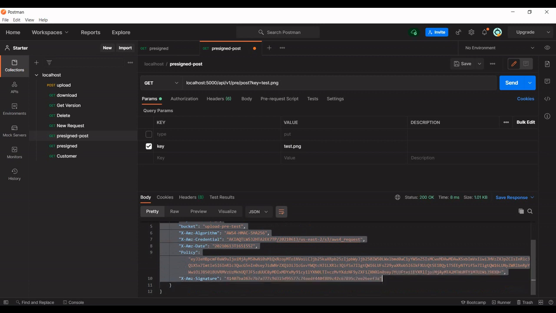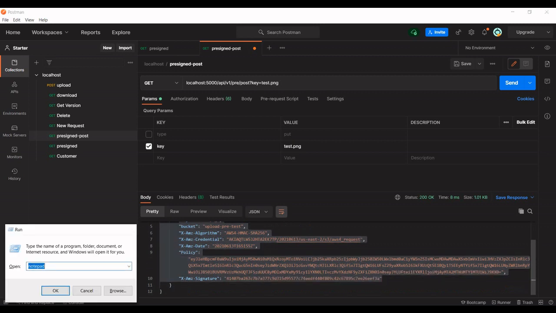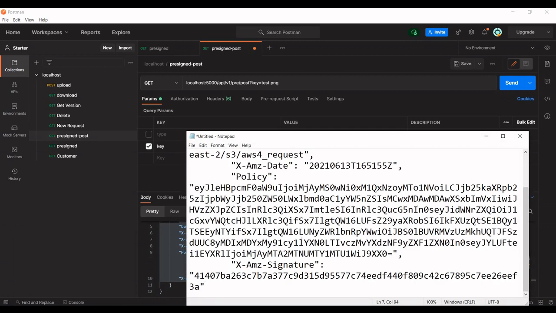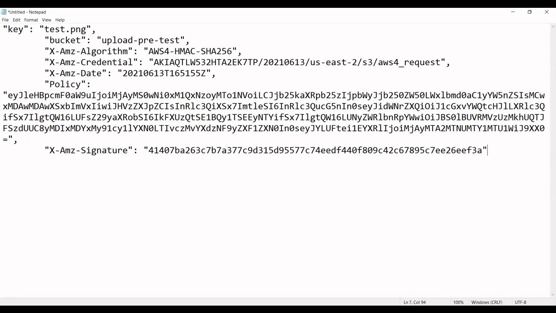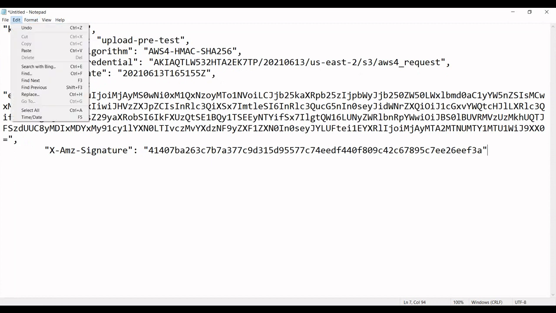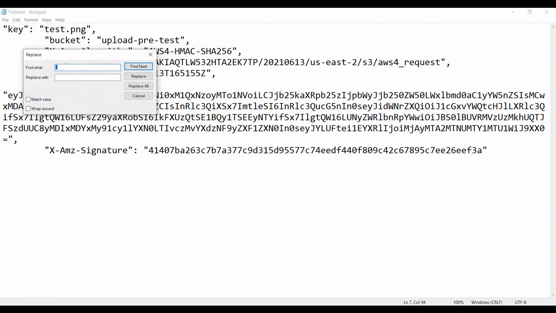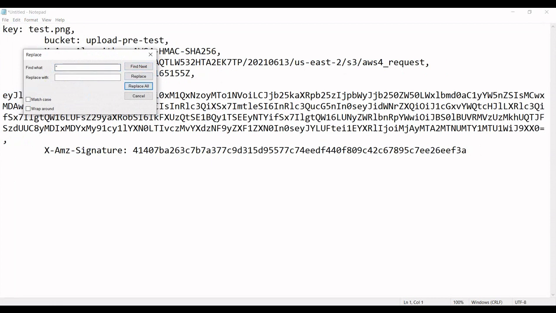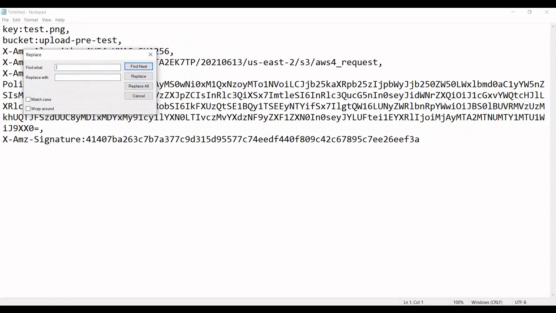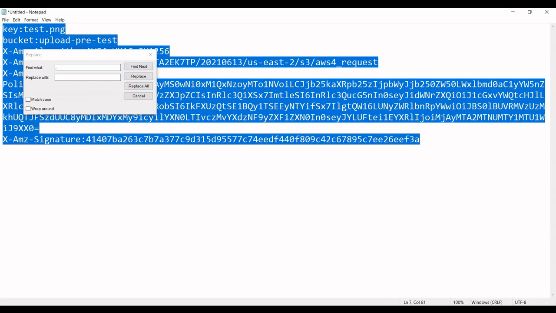For Postman, I'm removing, get the fields information. We can remove the double quotes, spaces, we don't need the commas. Copy all the information.